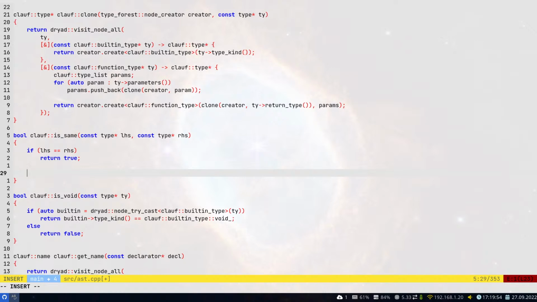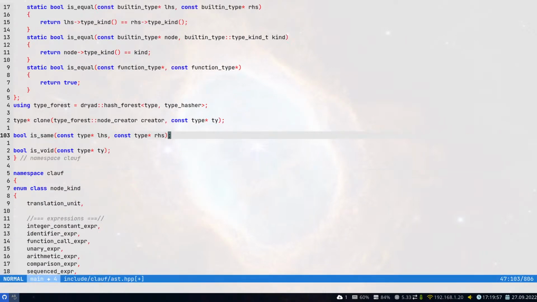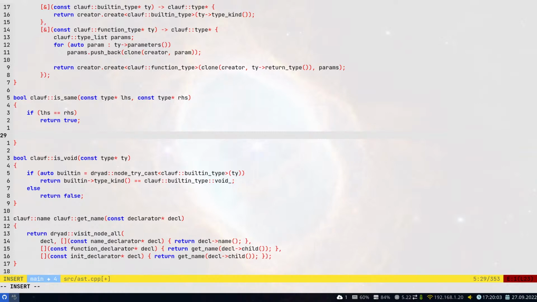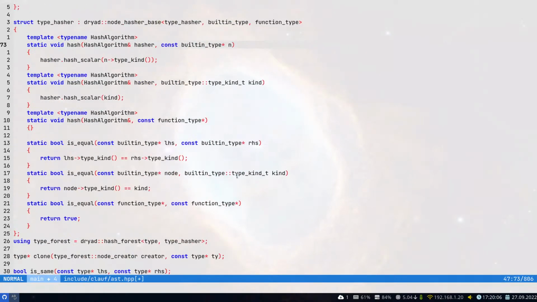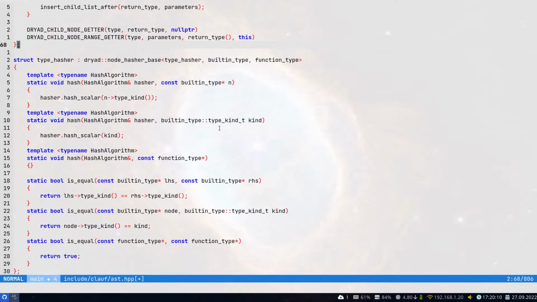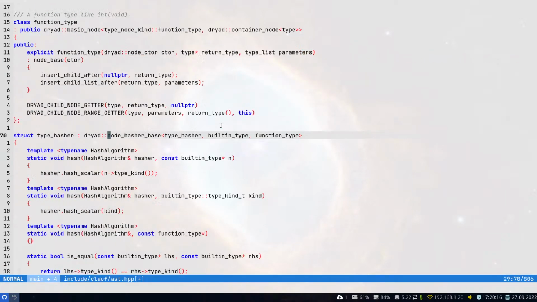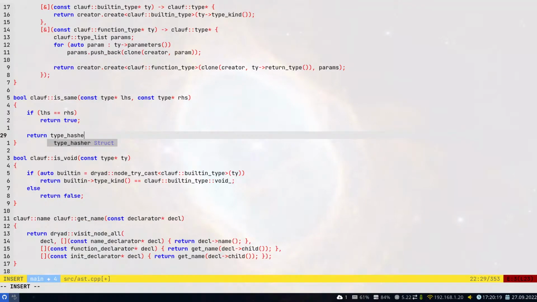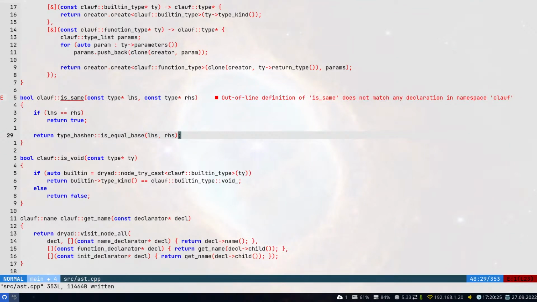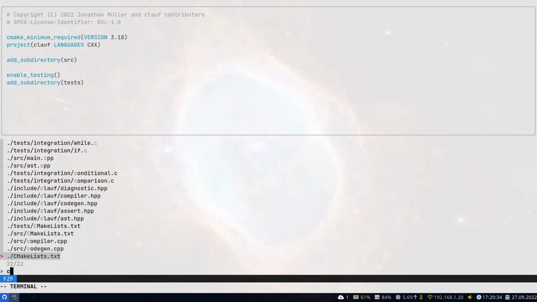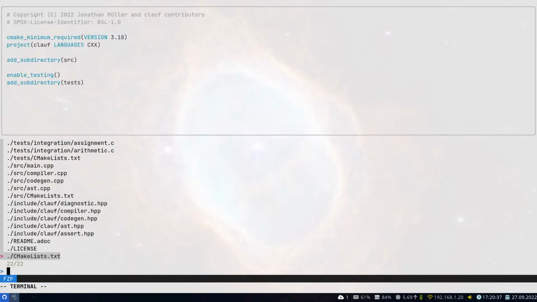Otherwise, I can do a bit of a hack here, because for the hash table, I already specified equality, so that it knows how to hash them. And then I've got an isEqual base function that I can call, and it will do the correct logic here. Okay, and why does this definition not match? I haven't saved it. Okay, so then in the compiler,